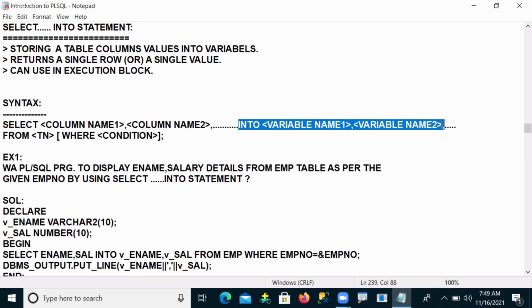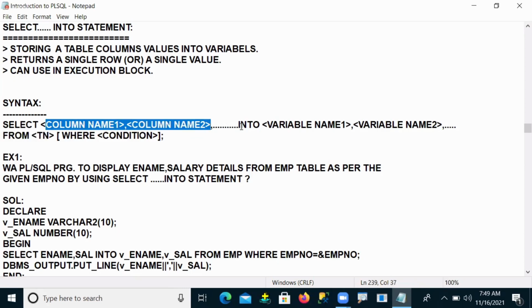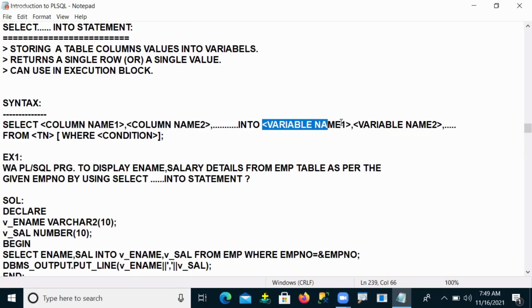So some variables you have to declare, and into those variables I want to store my columns data. From table name, that is, from which table you are retrieving your columns. The where condition is optional; if it is required you can use it, otherwise no need.